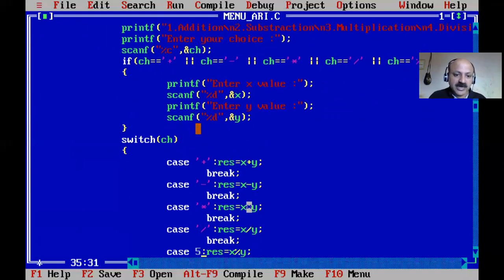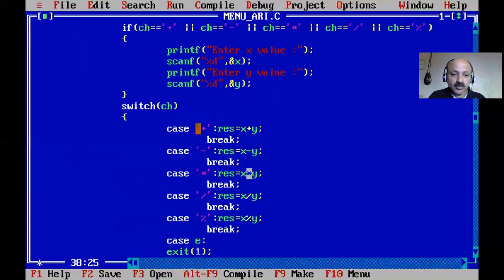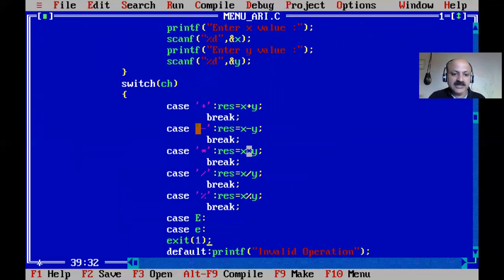So you can just idea, but our coding is well, and there is no problem. But here in the switch case, you can also use the character constant. Okay, so here the last is exit. There is a not sign. We can give the character e as exit, and it is also possible to take two cases simultaneously. First give capital E and here we can give small e. For both cases, exit works.